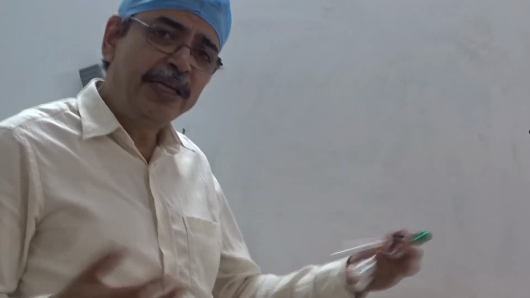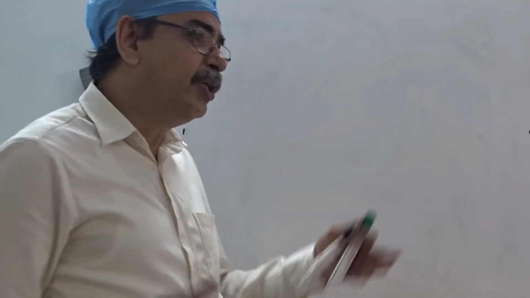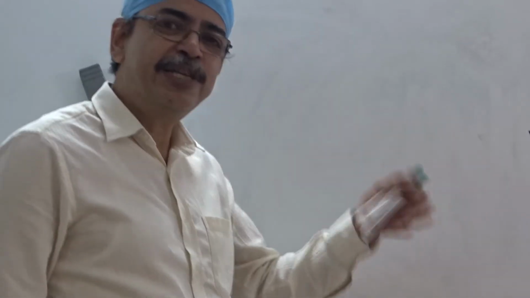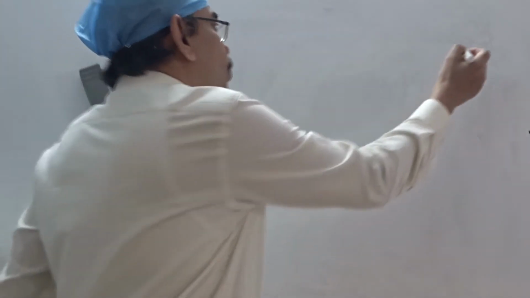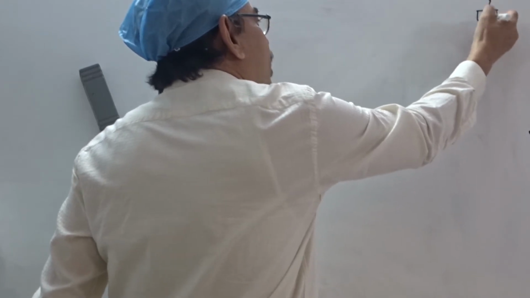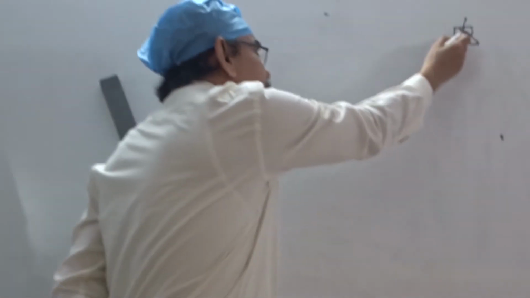What happens after an injury? Inflammation. So what is inflammation, that we know, but we need to know how the pain starts, the nociception starts, or the relationship between the inflammation and the nociception. When a tissue is injured, it is broken, so the cell walls are disrupted, and if the cell walls are